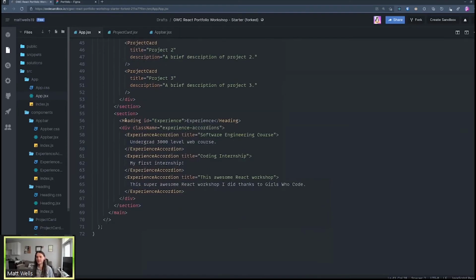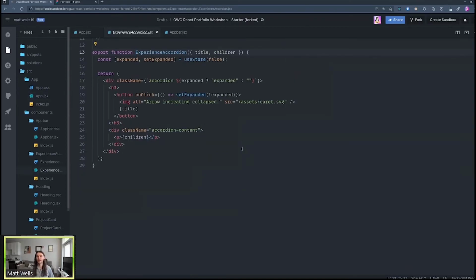And then finally, we once again added our experience heading as easy as before. And we learned about state in React. We learned how to allow a user to interact with things on the page, to make things happen, make things change. And it was just as easy as adding a hook called useState and building that into our class name. It's just using the power of JavaScript to construct our class name and change the page based on the value of state. And that's it. That's our app. All that culminated into